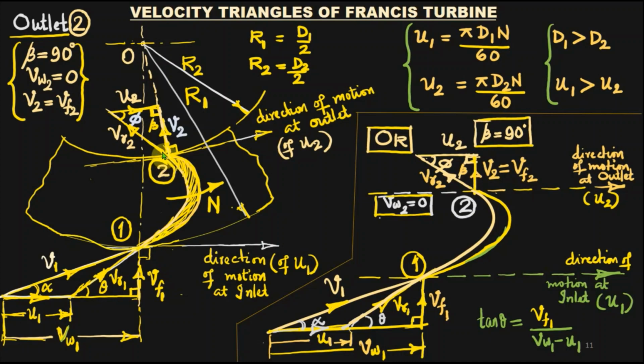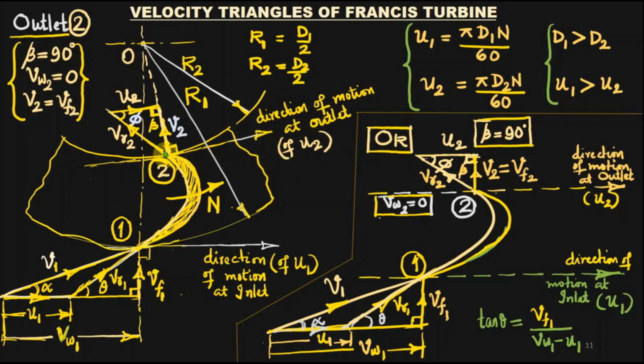That increased magnitude of VR2 must be marked along the tangent to the blade surface at outlet. After marking that, at the tip of the VR2 vector, what should you do? We will mark U2 then. What is U2? U2 is the tangential velocity of the vane at outlet, that is U2 is equal to pi d2 n by 60. And U2 will obviously be less than U1. So we mark that smaller U2. And what is its direction? It must be parallel to the direction of motion marked over here.